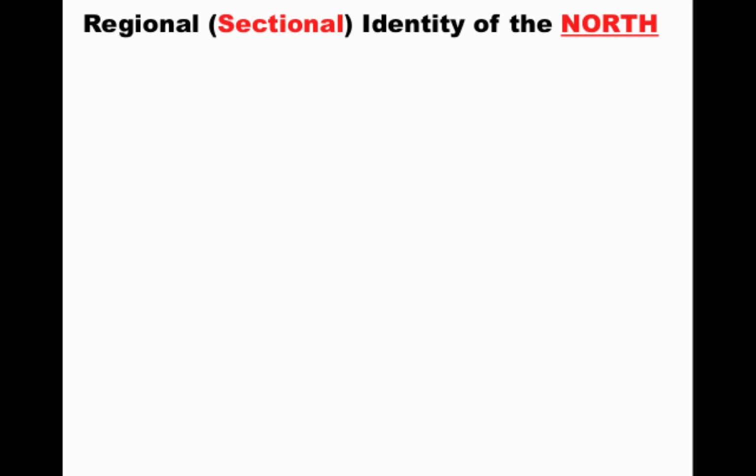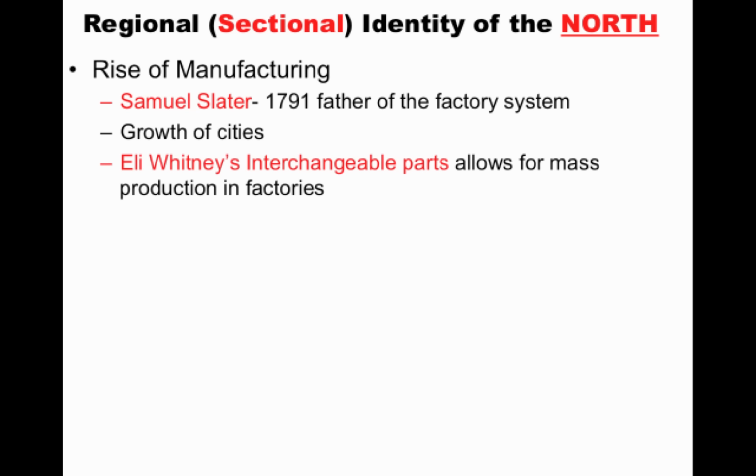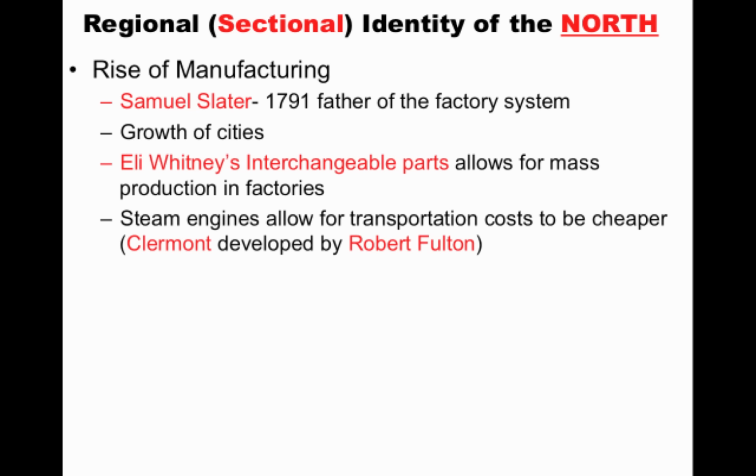There's also going to be a unique regional identity of the North. While the South is relying on Southern agriculture and especially slave labor, you're going to see the rise of manufacturing in the North. Samuel Slater, known as the father of the factory system, the growth of cities. Eli Whitney's interchangeable parts allows for mass production in factories. The steam engine,